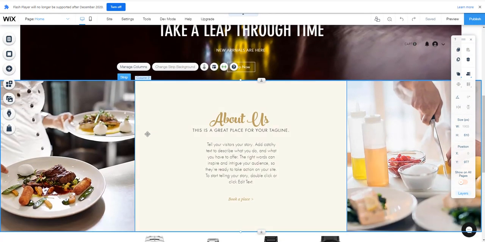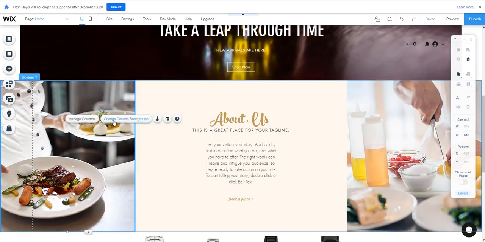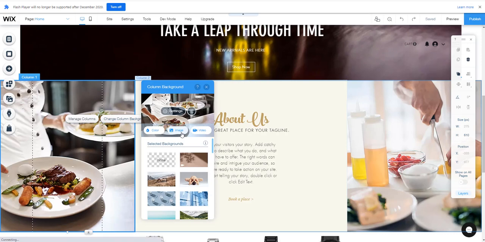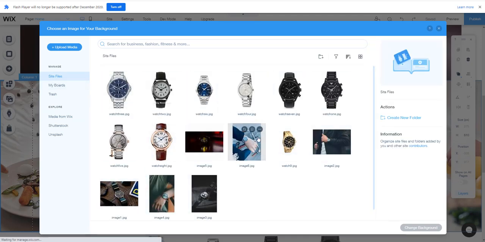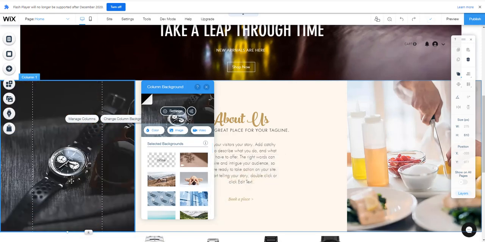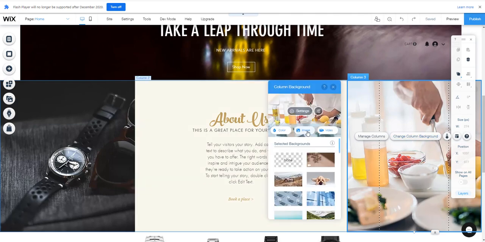But as you can see already, these two images on either side do not fit with the watch theme. So what you're going to do is go to the far left column, left click, change column background, image, and then from here, go to your site files, and if you've already uploaded an image, choose one from here, or if you haven't yet, go to upload media, and again, upload your images from there. I'm going to choose this image here by double clicking on it. That'll update that side. Do the same over here on the right, left click, change column background, go to image,